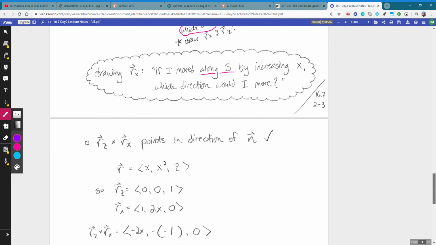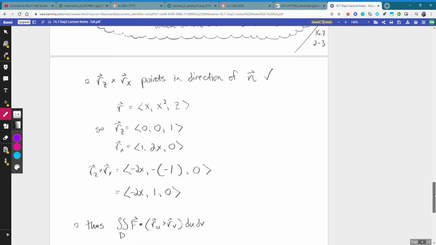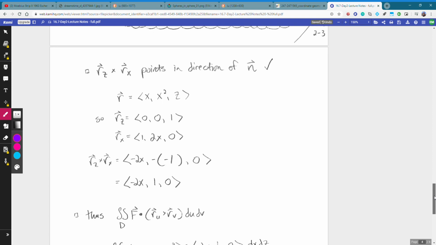All right, so once we know that, then we have what we need, and we can just start computing and put pieces where they go and wrap it up. From our initial parameterization here, we can take our partial derivative vectors, our z, so we get 0, 0, 1, and partial derivatives with respect to x. And then we'll take those two vectors and take their cross product,